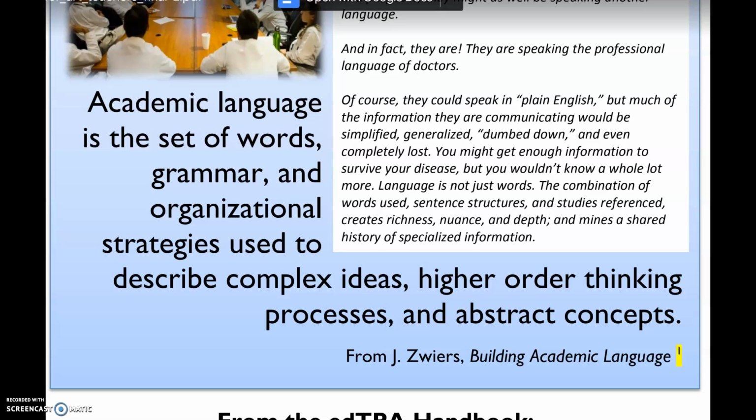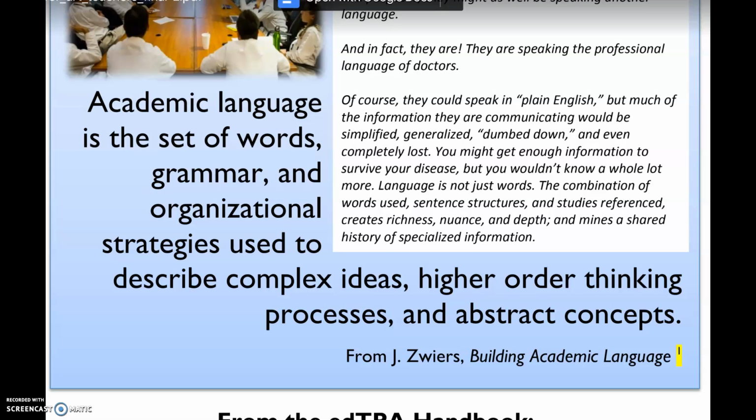So this specific document was created for art teachers to teach them how to teach academic language and to really get a grasp of what academic language is and why it's important within our disciplines to be able to teach that. But it's easily transferable to any discipline. But for me, it was helpful in explaining exactly what it is we're supposed to be doing for the EdTPA, and also why it's so important to introduce academic language in the classroom and really be able to teach students